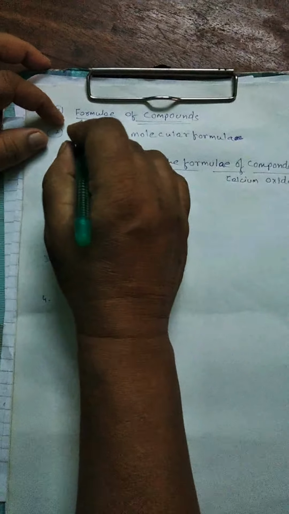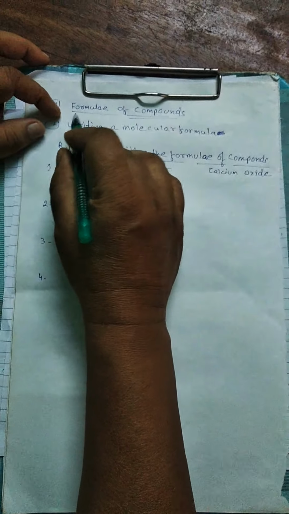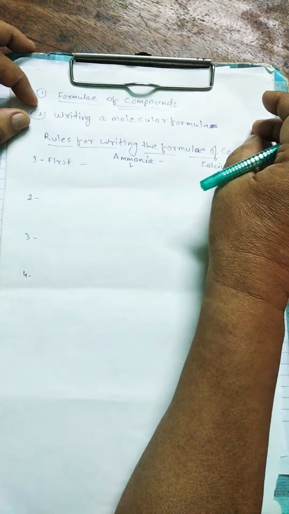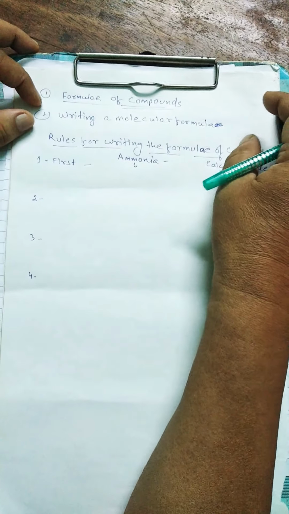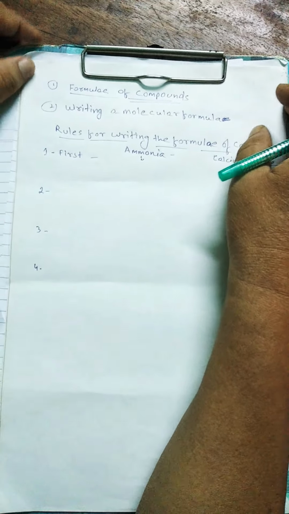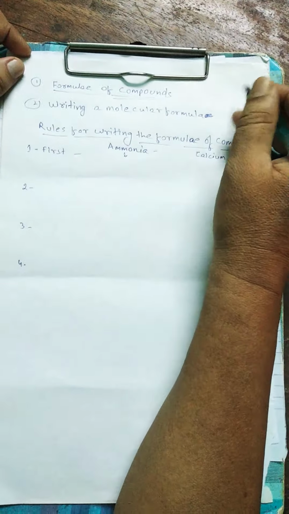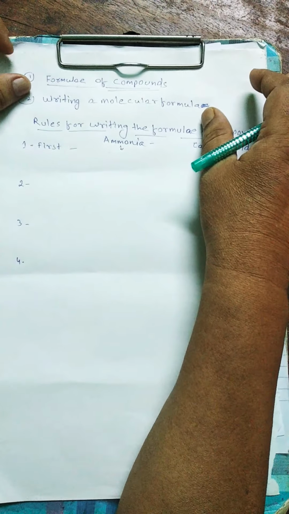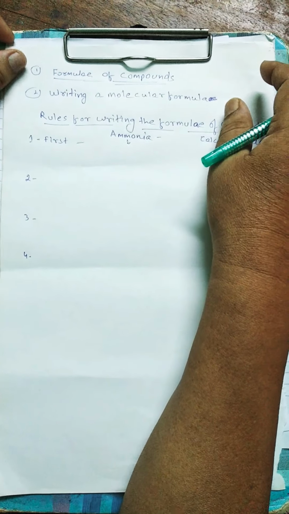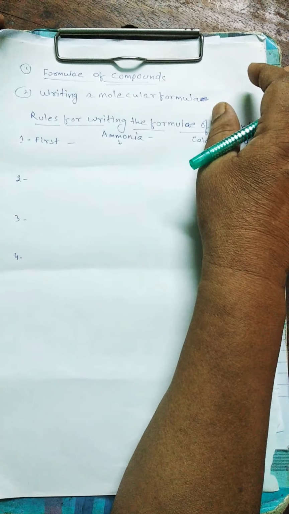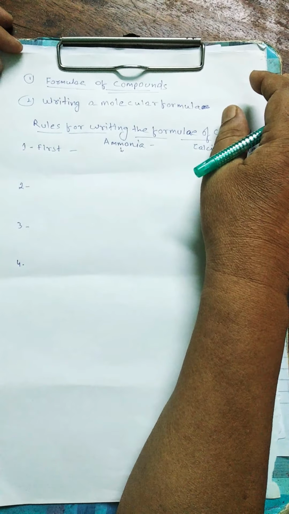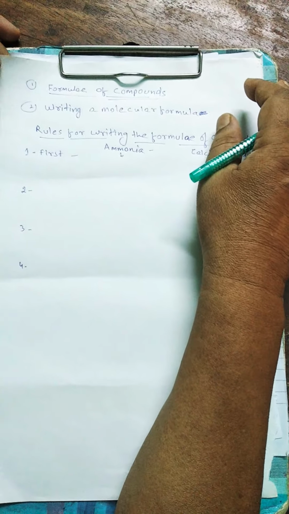First, you have to know the formula of the compounds shows the number of atoms present in elements that are combined together, forming a compound. Take the case of water. In case of water, hydrogen and oxygen are the two elements present and forming water. So, 2 hydrogen and 1 oxygen forming water.